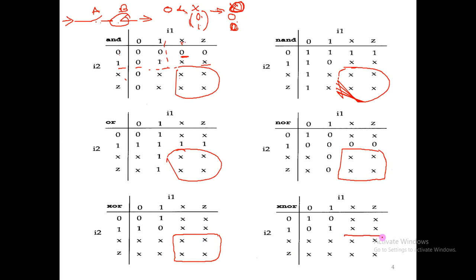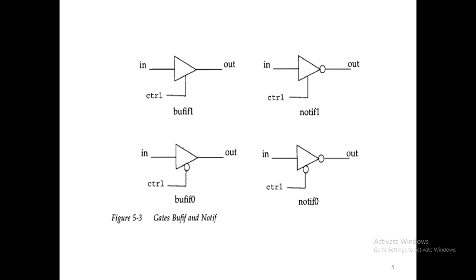Fine. So similarly, the same analogy can be applied for OR gate, NOR gate, NAND, as well as XOR and XNOR. So you can just analyze these truth tables properly whenever you encounter inputs that are unknown as well as high impedance state. I repeat once again, unknown means it may be 0 or 1. High impedance state means it is neither 0 nor 1. Remember that.